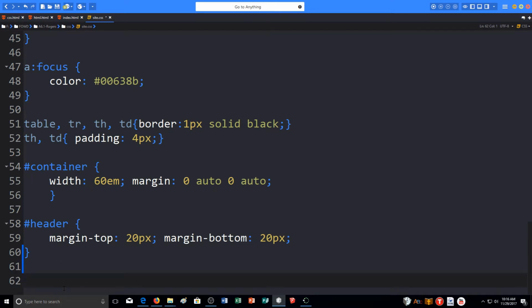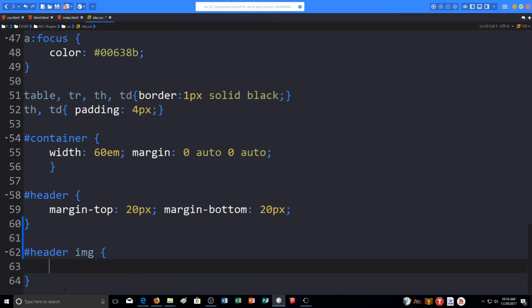So what I have to put in for this one is, it said I'm dealing with the header, but I'm dealing with the image descendant inside the header. The way I can show the descendant is by just adding a space and then typing in what the descendant is, which is image. So header, image, put in my curly brackets, push enter, and let's type in what we need. It said to add border 1 pixel